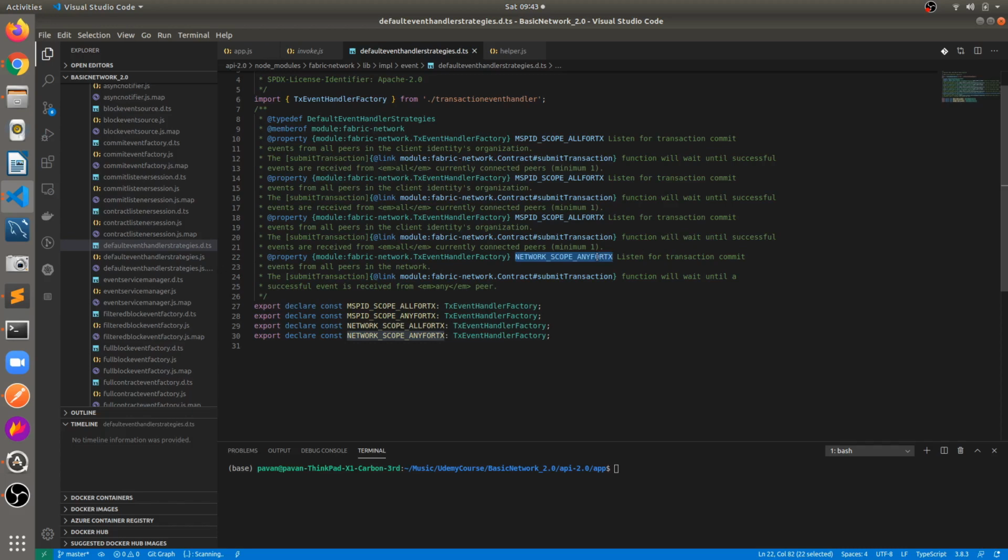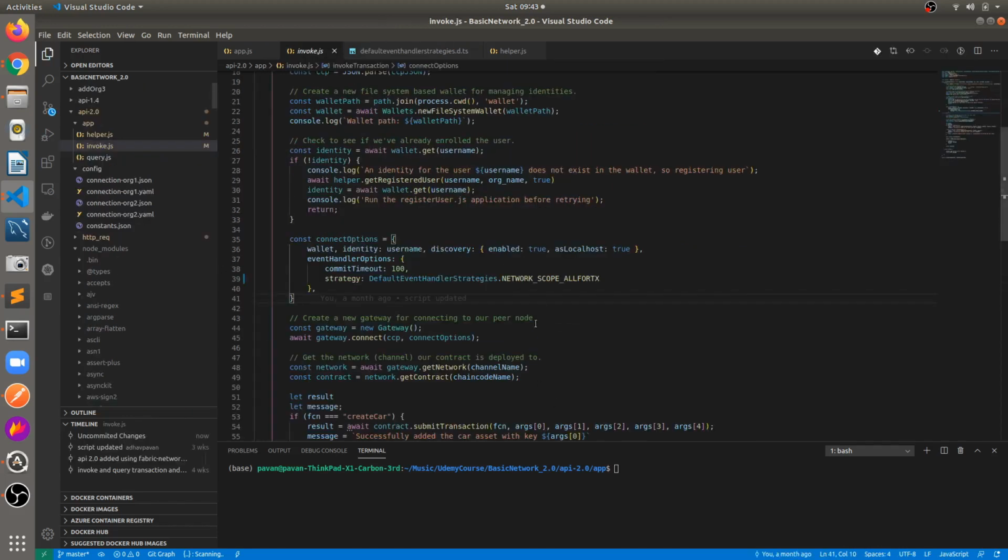We have provided this strategy in the invoke function: network scope for all transactions. It means it will wait until all the peers commit the transaction and acknowledge.